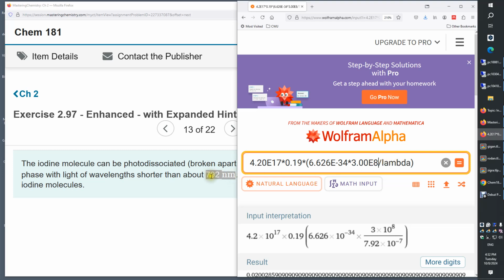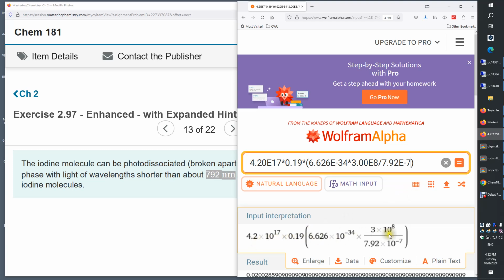Finally, lambda. Do not just use 792, because I used the SI units for every single value here. I need to also use the SI unit of wavelength, which is meters. So this is actually 792 nanometers. 1 nanometer is 10 to the power of -9 meters. Therefore, I need to convert it to meters by multiplying 792 with 10 to the power of -9. I shift the decimal point 2 places here, and therefore -9 becomes -7,